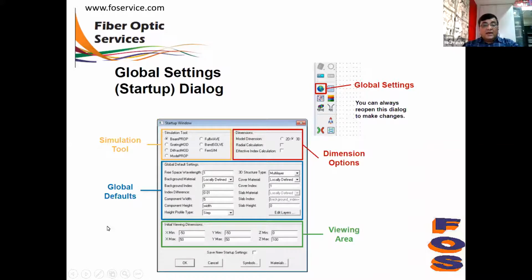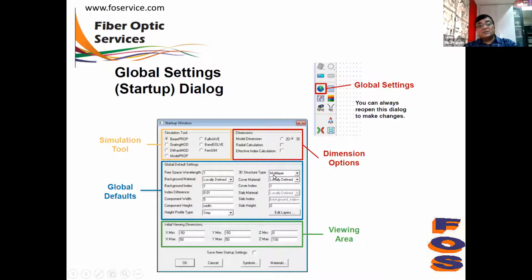Initially, when you open the file, a global settings dialog box will open, which is shown here on the left-hand side as a symbol of Earth. Here you can select what simulation tool you want to use, whether your device is 2D or 3D, whether you want to do the radial calculation, and you can also set the global or default settings for the refractive index and free space wavelength.